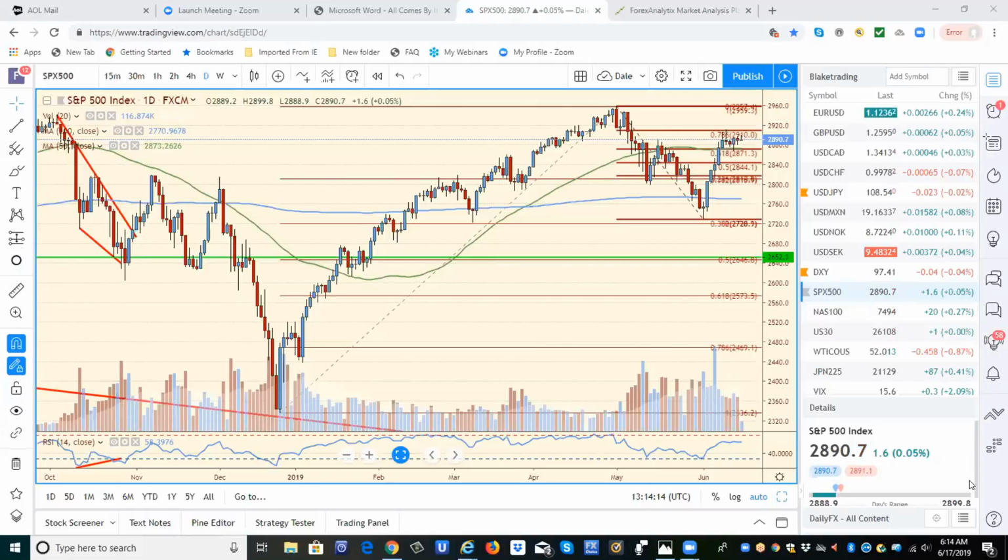So the political risk is that Italy is one of the first to leave the eurozone. They don't even have to leave. So if you go back to last May,